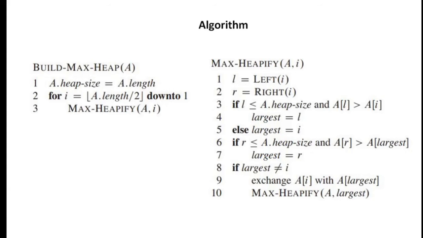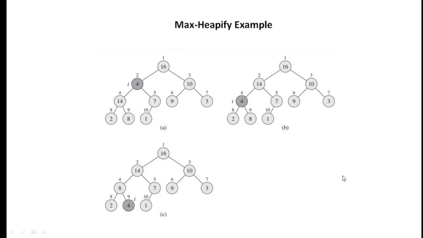In this video, I'm going to discuss the algorithm build maxheap, which uses the maxheapify algorithm. In order to understand the maxheapify algorithm, let's first understand what the maxheap property is. The maxheap property says that when we have a tree, the left subtree and the right subtree values should be lesser than the root. So the root value should be greater than its left and right subtree. That is the simple maxheap property.